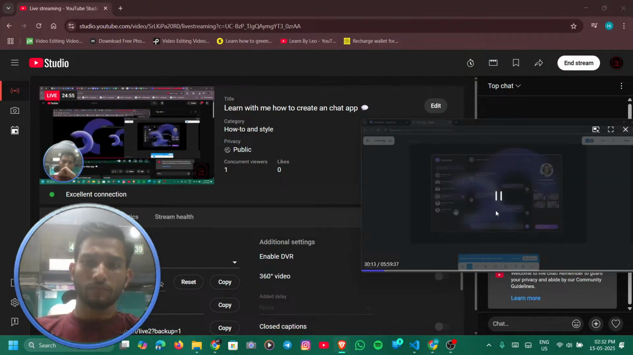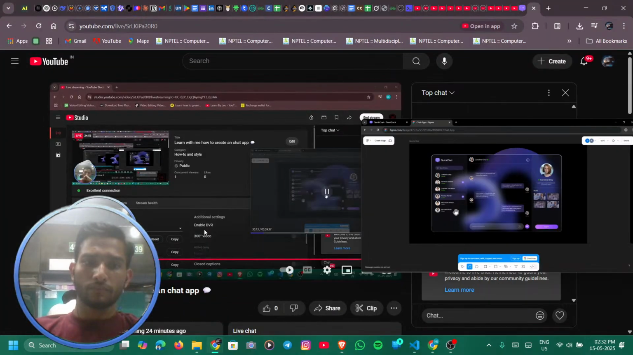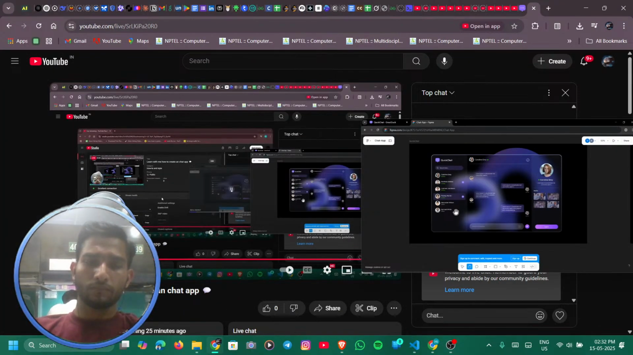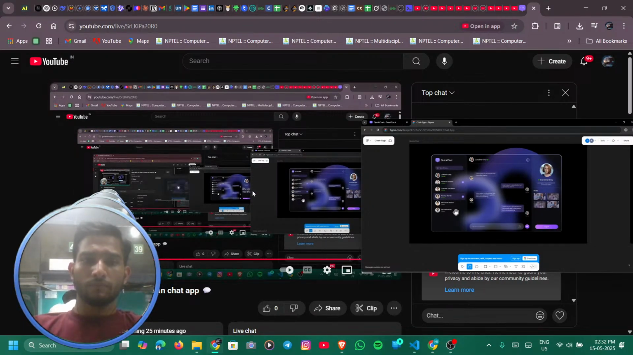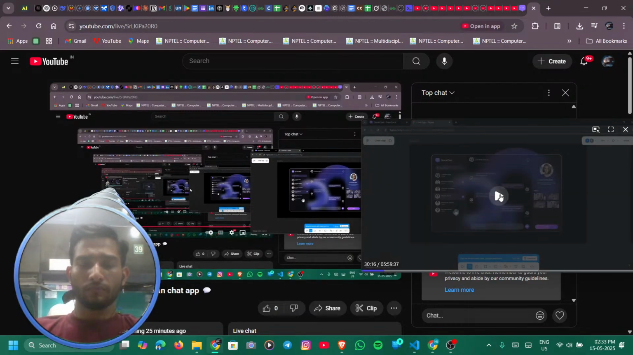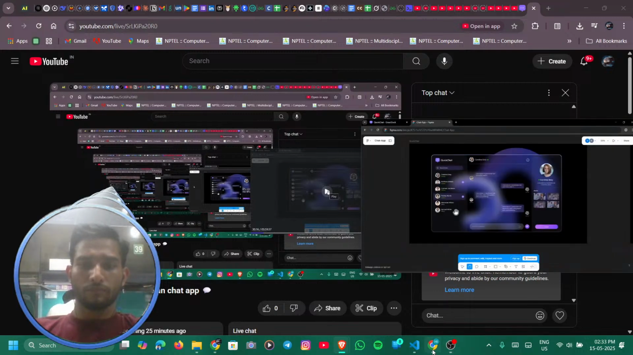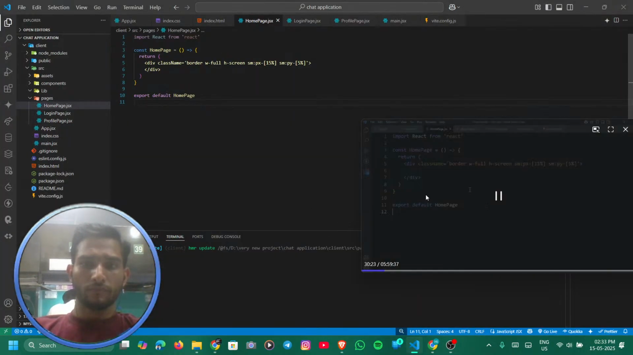Create these three columns and we'll create three different components. So to create these components, we will come back to the VS Code, and here let's open